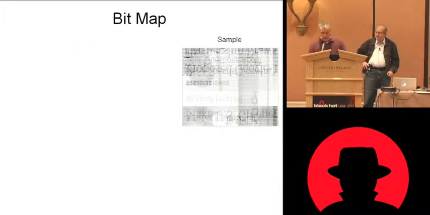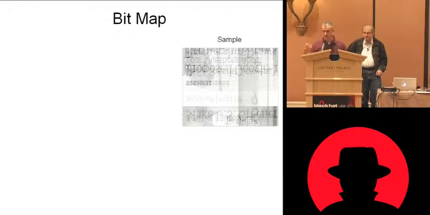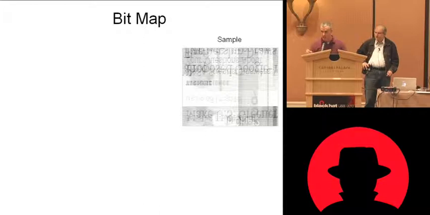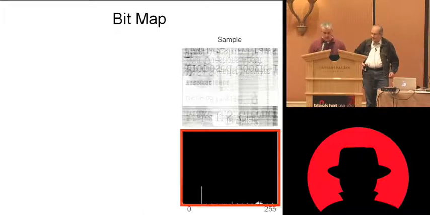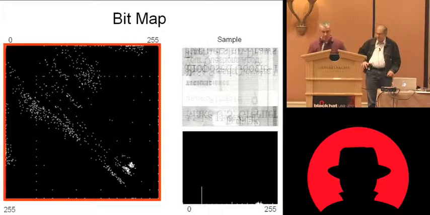Okay, so the top right is a bitmap. That's not looking at it with an image viewer, that's looking at it as a byte plot. It's not an image viewer, it's looking at the raw bytes in the file. That's what it'll look like, or it can. That's the histogram for that particular bitmap. But the digraphs, particularly in normal photo